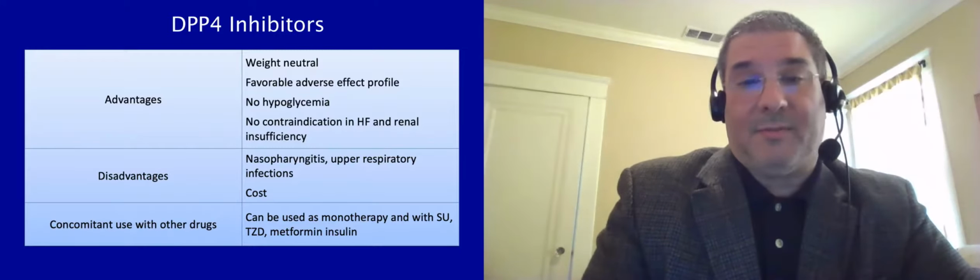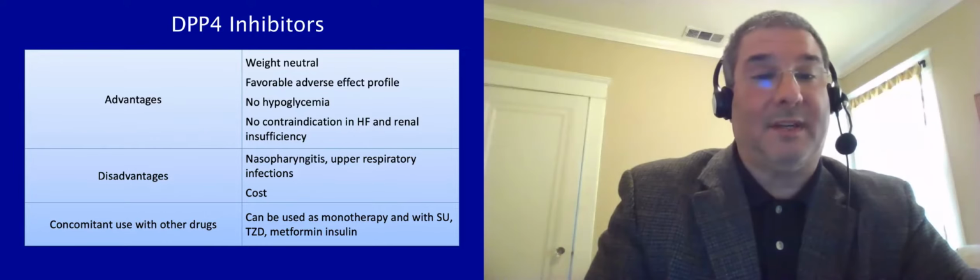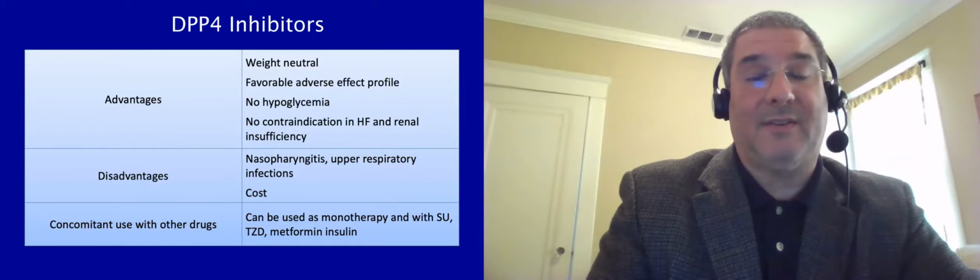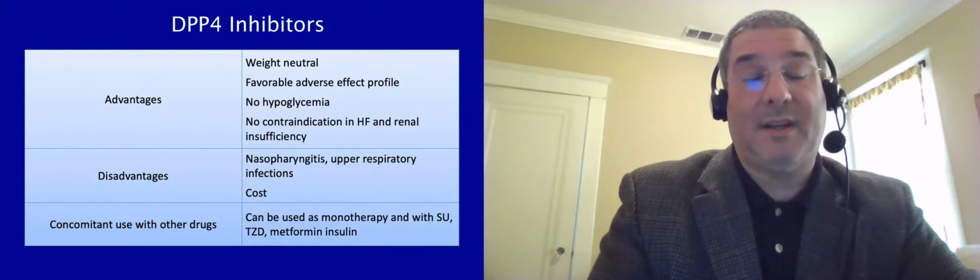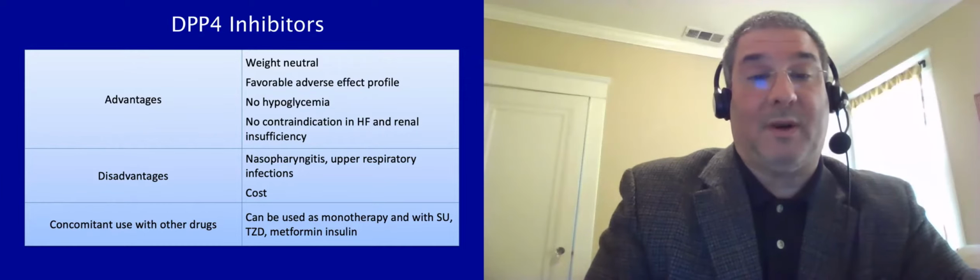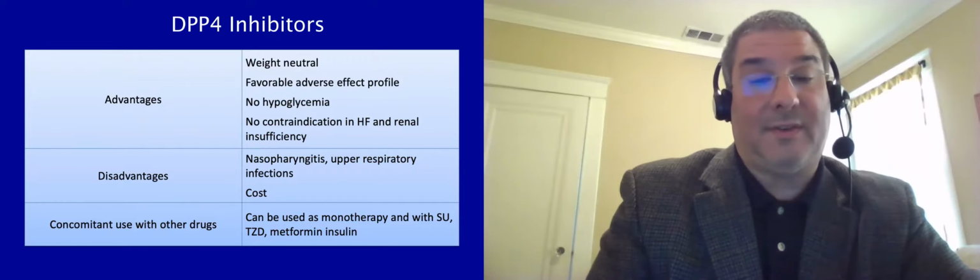So how do we address the GLP-1 axis? The first agents are DPP-4 inhibitors. These agents inhibit an enzyme that breaks down our own endogenous GLP-1. You get more of a GLP-1 effect, but the levels that are achieved are much lower compared to the injectables. They're essentially weight neutral. If used alone or with agents that don't cause hypoglycemia, they don't contribute to that. There's no problem with heart failure or kidney disease. Cost is an issue,